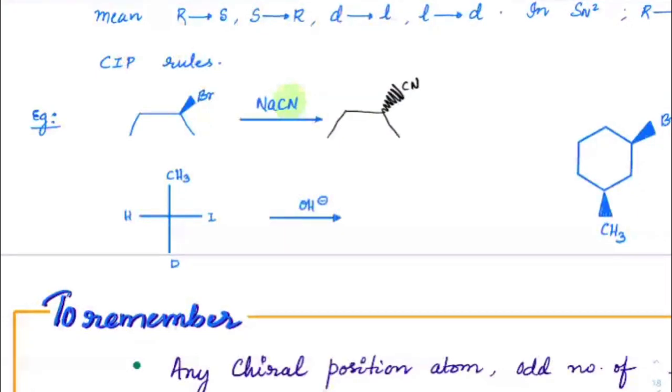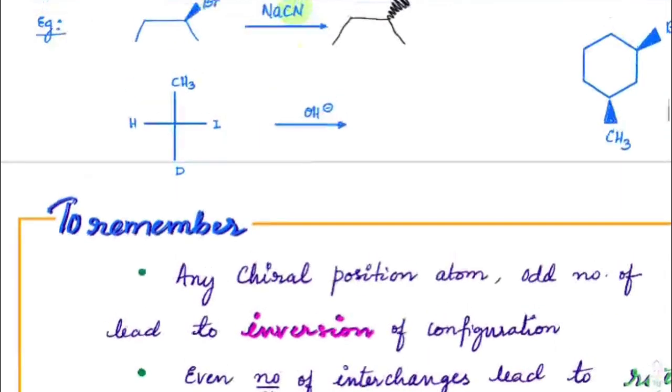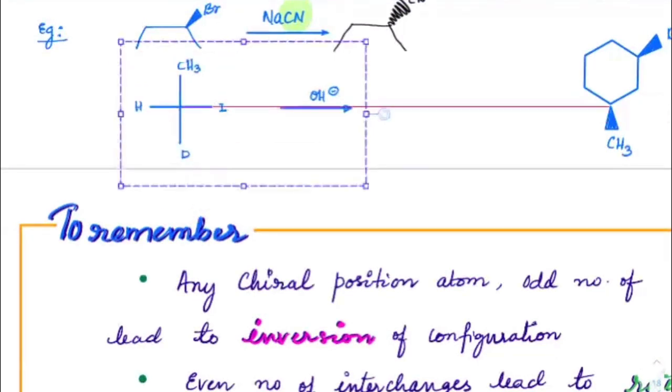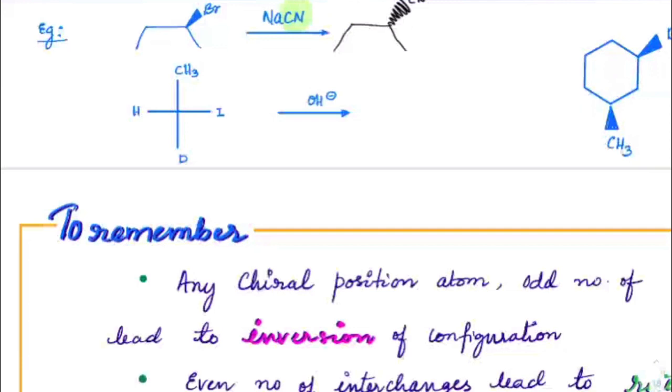Got it? Because bromine, which is coming out of the plane, will act like a leaving group and leave, while CN minus will attack from inside and thereby make a new sigma bond. Okay. Same way here, you can see that deuterium is present here. Push it up. So here iodine is to be replaced by OH minus, right? So the new bond formed here, you can write CH3D, OH will be on this side, H will be on this side. This is how the configuration goes.